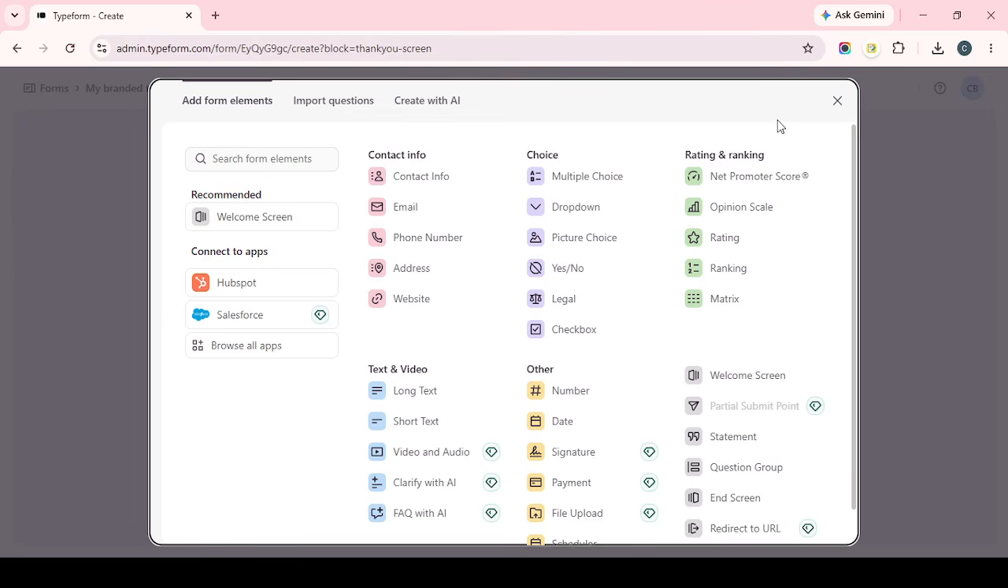Before you finish, preview the entire form and test it yourself. Go through different answer combinations to confirm that the scoring works correctly and that each end screen appears for the right score range. Once everything looks good,